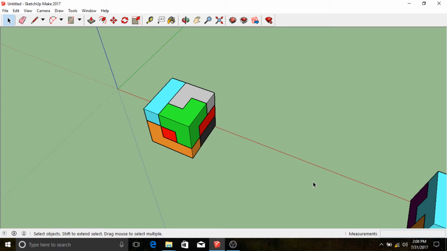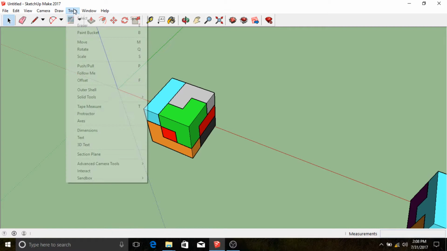So now what I want to do is take my 7 steps and label them. If I was using SketchUp Pro, I would likely label them in Layout, which is a program that comes along with SketchUp Pro. But since right now I'm just working with the basic SketchUp Make, I'm going to use a tool called 3D Text to place three-dimensional text to label my steps right inside my model space. I'm going to do that by going to Tools